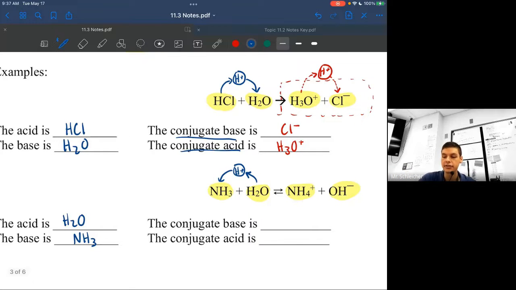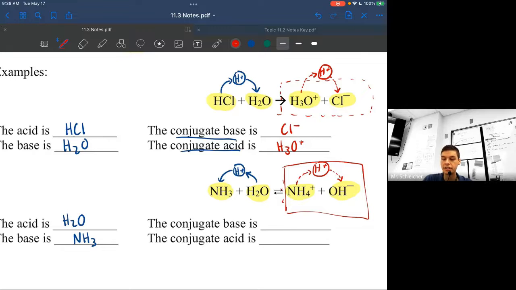So in reverse, how do I get from NH4+ to the NH3? I probably have to remove one of those H pluses there. So I'd probably remove it and give it to this OH minus. So thinking about that in reverse,